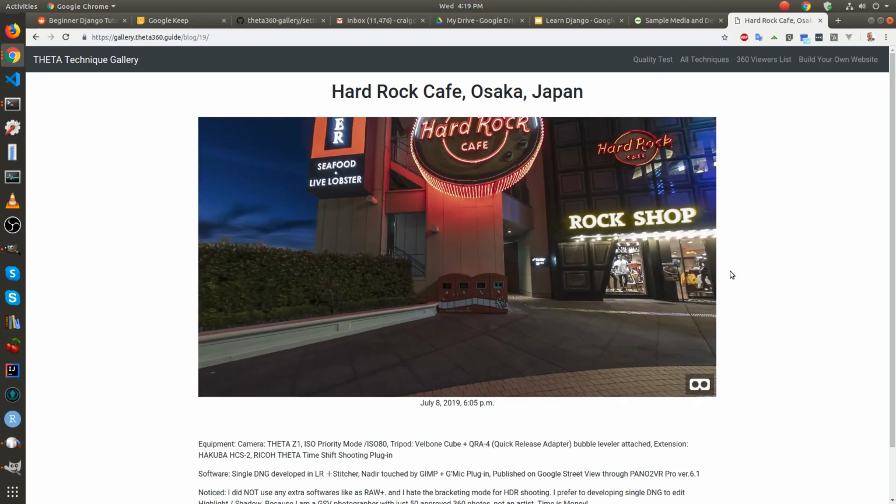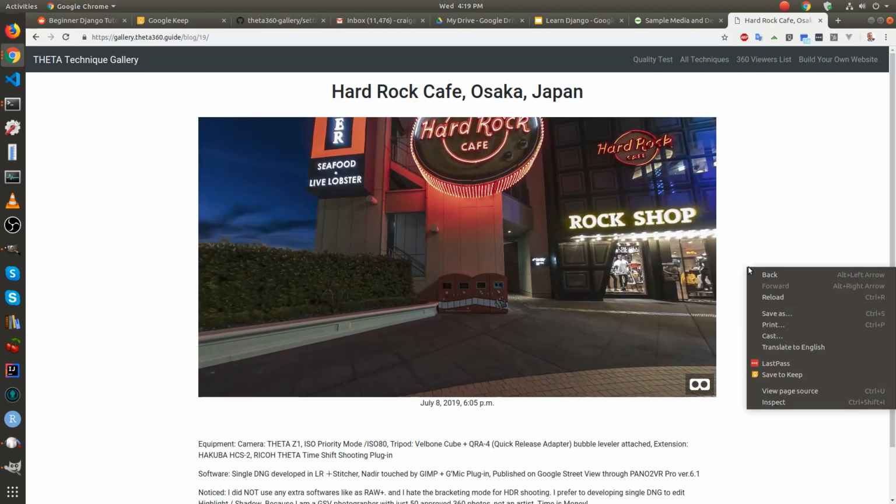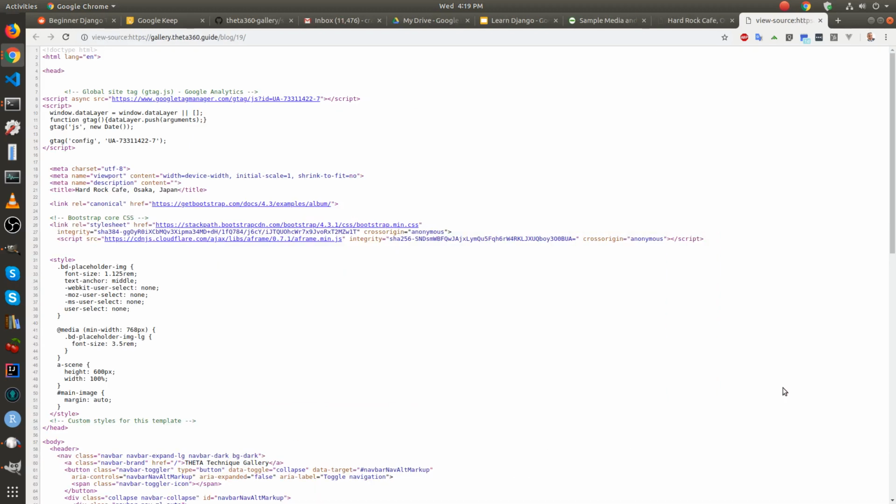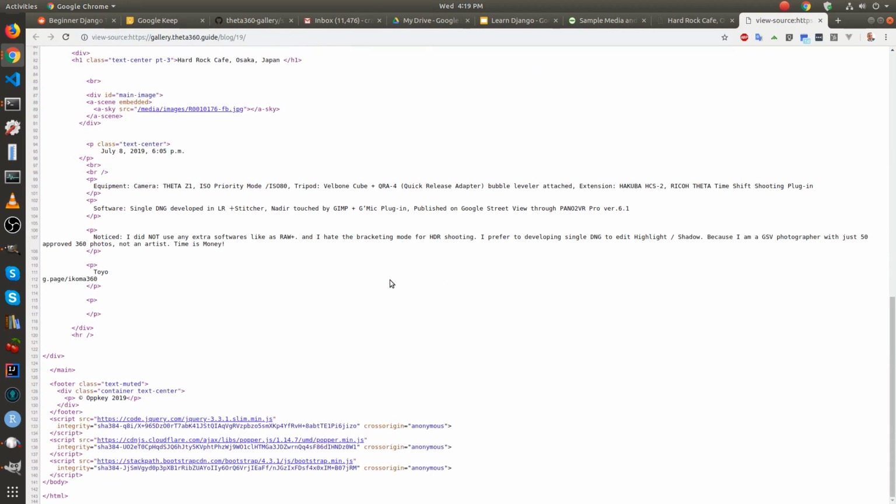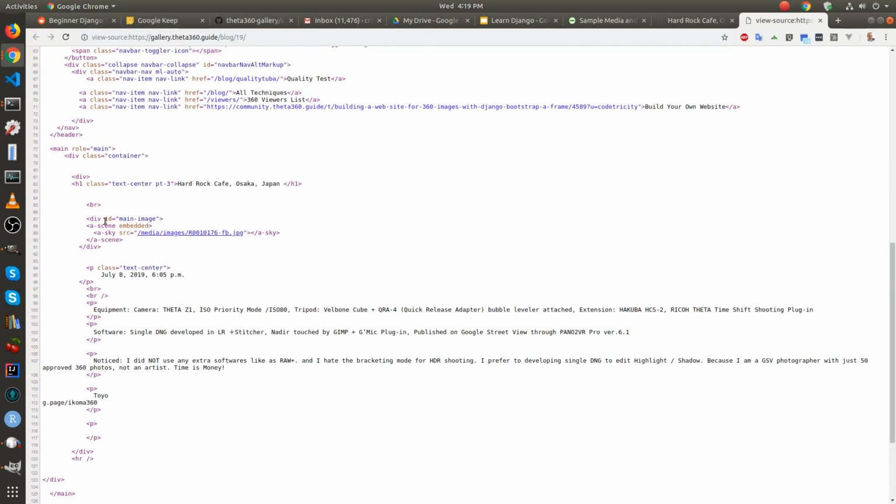So how do you get it? So right click on something that is not directly on the image, view page source. Scroll down until roughly, and this one is line 89. There's a tag a-sky source equals media